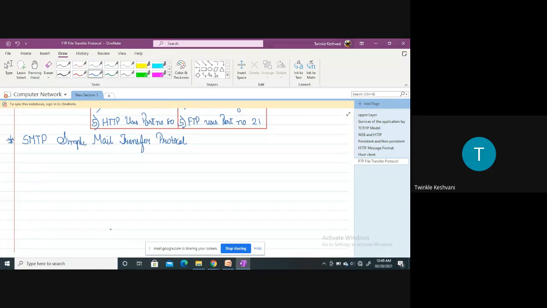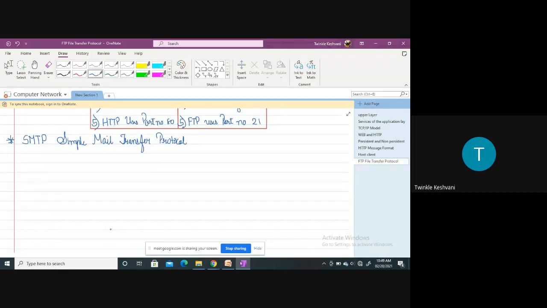Now sometimes errors occur during the communication between the hosts. So it has the capability of handling the errors as well, right? Such as an incorrect email address, so the mail cannot reach the specific destination, so it shows the message that the recipient address is wrong.